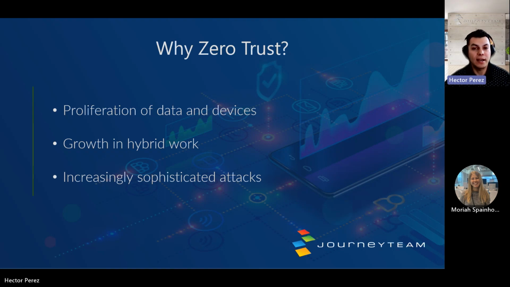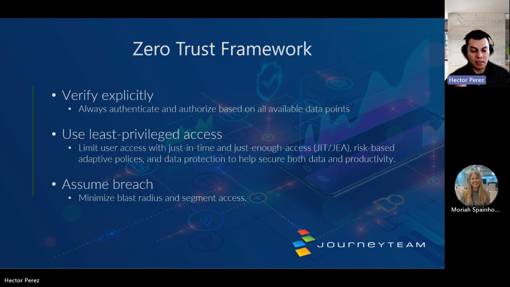And so the approach as to how you secure your data is very much dependent on more modern approaches around how you're securing your identities and your devices, because that becomes the front door for your end users, but also any attacker that's trying to compromise your environment or data. So the zero trust framework and architecture in general is going to allow you to mitigate a lot of those things